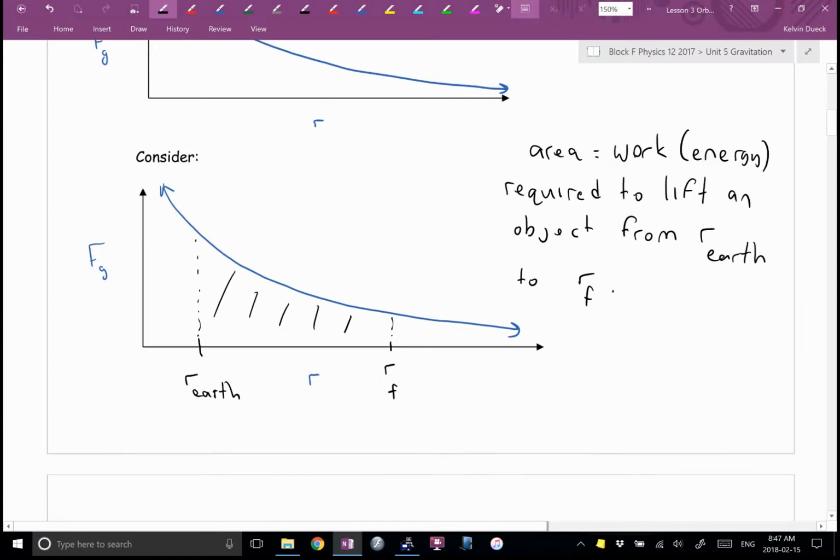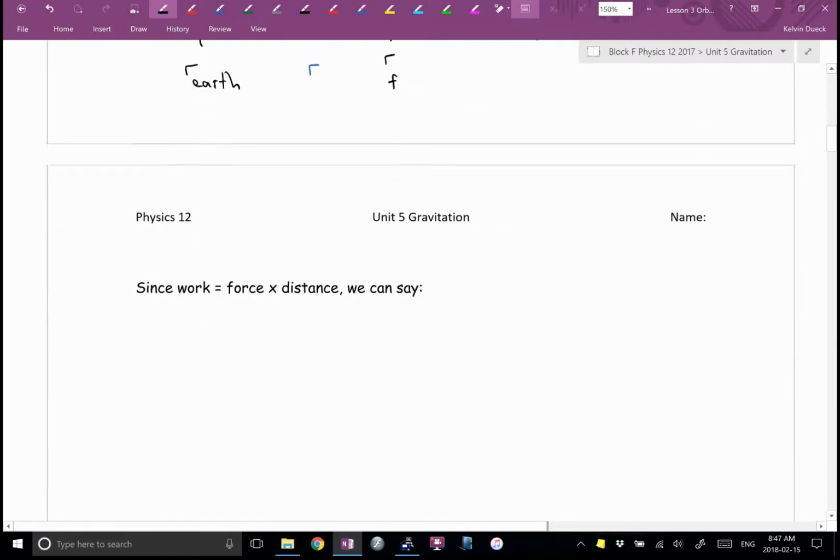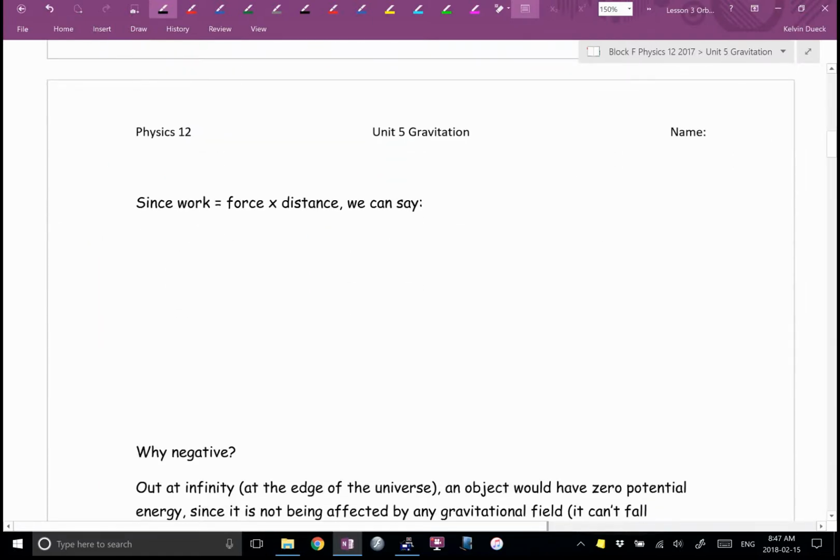So I'm going to have to do a little fake hand waving to generate this equation. The best way to generate this equation would be to do something called integration, starting with the force equation, and you get the work-energy equation. So here's what I'm going to say. Since work equals force times distance, we can say potential energy, this is going to be cosmic potential energy,